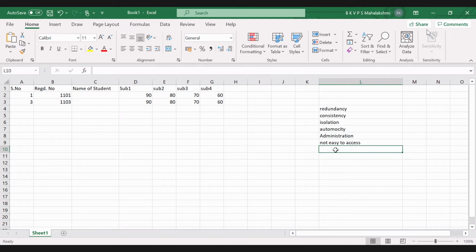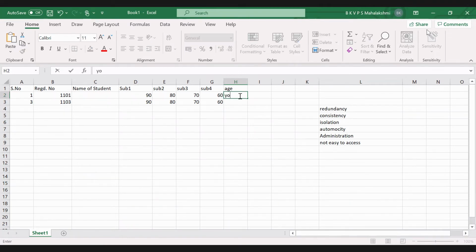Okay, I will ask you. Suppose I kept one more column here, age. I don't want the numbering of the age, like 21 or 22, not like that. I want youth.